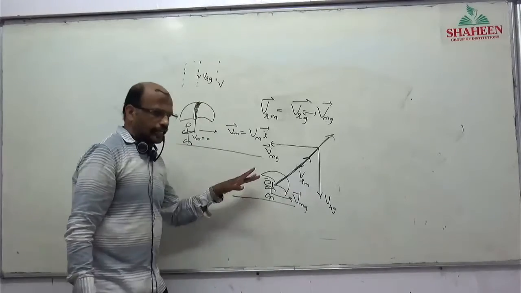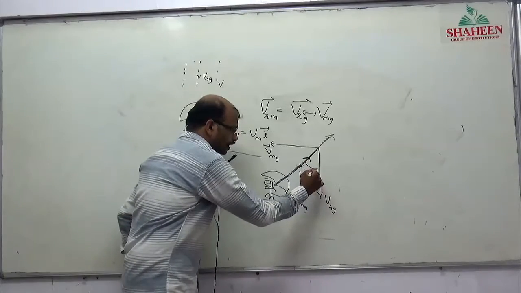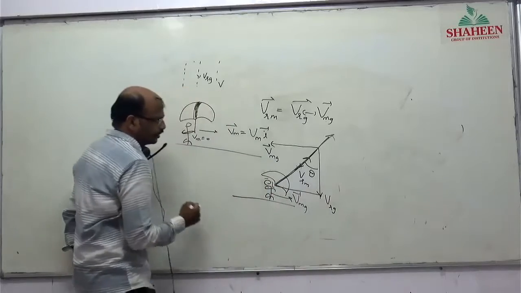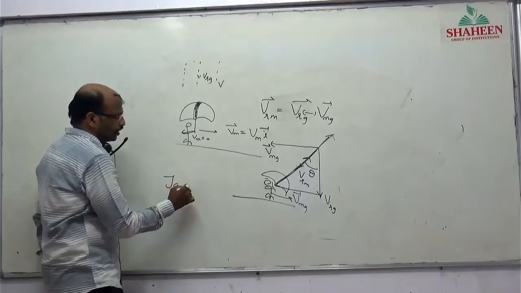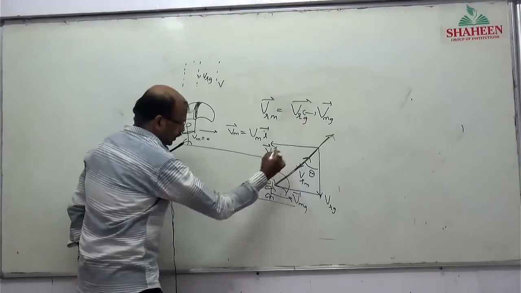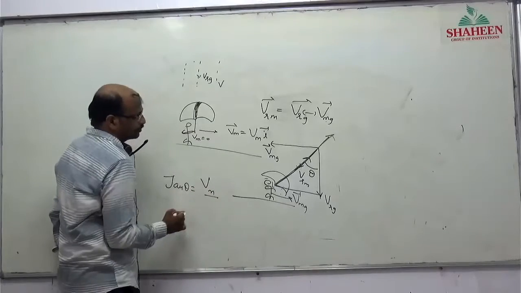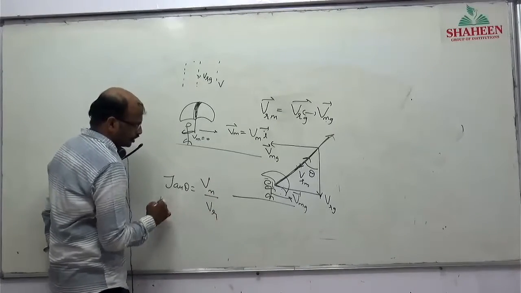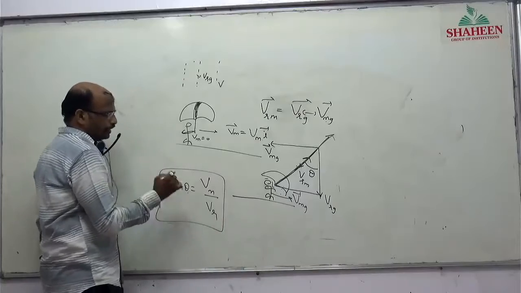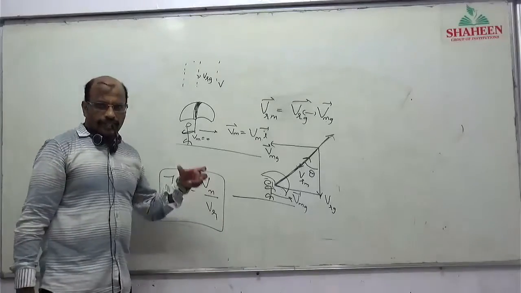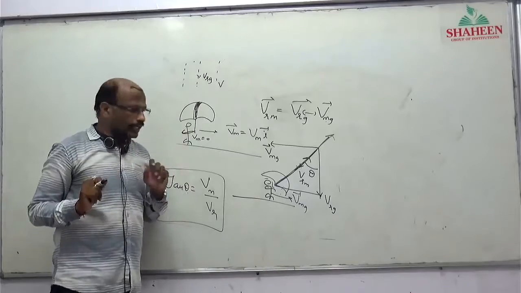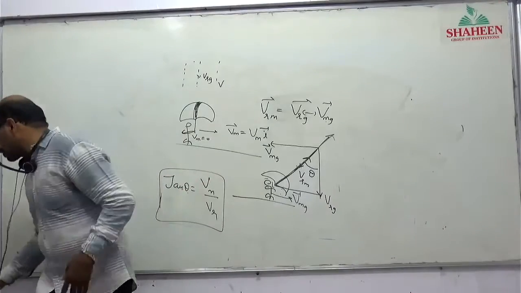When he runs in this direction at an angle theta with the vertical, if I am constructing a right angle triangle here, tan theta is equal to Vm by what? Vm by Vr. This is the angle made by the umbrella. He should hold his umbrella at an angle theta with the vertical. Is it clear now? This point is clear.